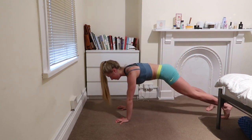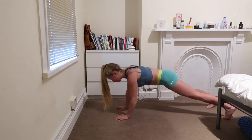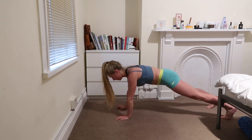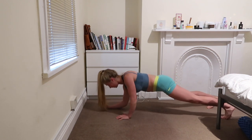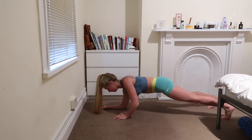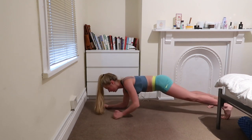And relax into our plank position and high to low plank. 1. So we've got 10, 2, 3, 4, 5, 6, 7, 8, last 2,